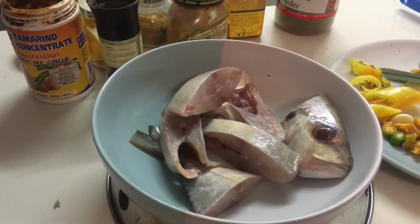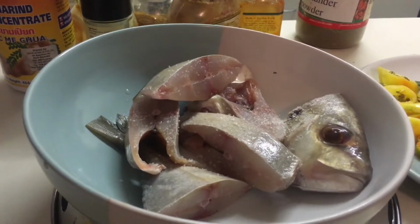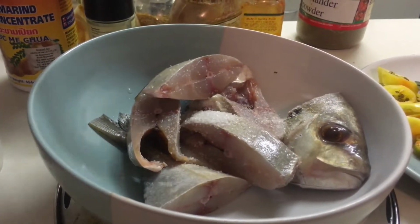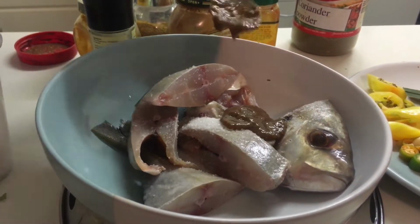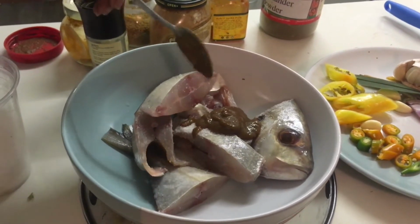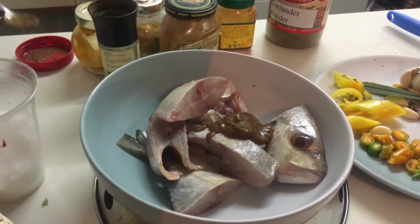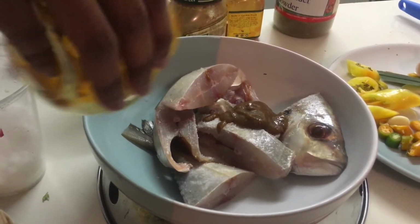I'm going to season and add a lot of spices to this. So first stage, season with some salt and some tamarind puree, maybe a tablespoon of tamarind puree. We call this siembala in Sri Lanka. So a tablespoon of tamarind puree, seasoned with some salt according to your taste, and some turmeric powder, maybe a